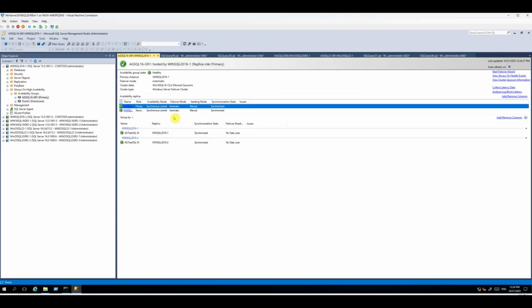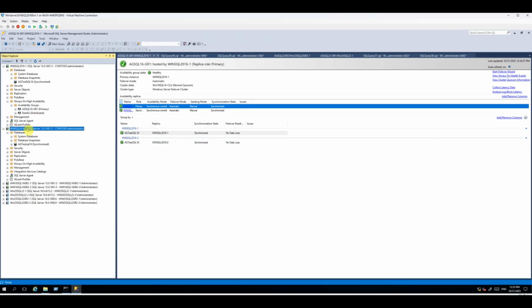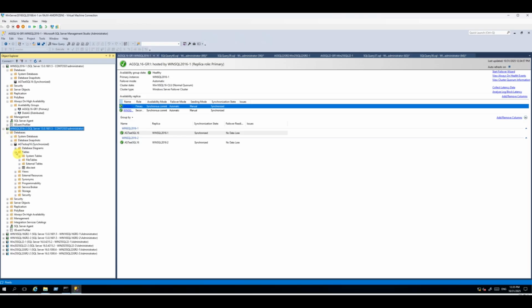Okay, it says synchronized. It says database test stage is not accessible. Something strange happened over here. It says synchronized,